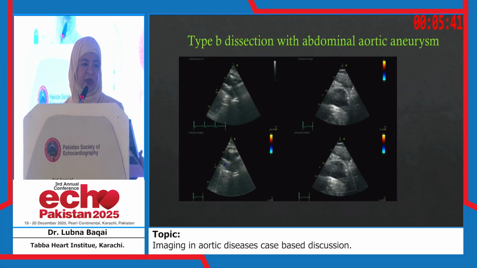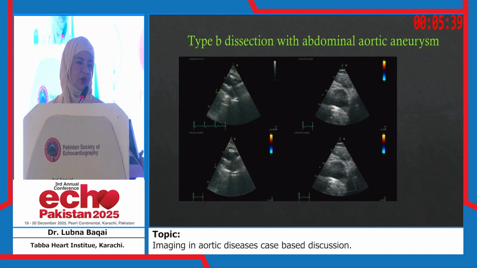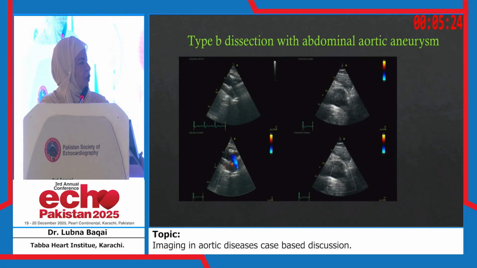Now another patient presented to us with chest pain, but there was no flap visualized in the ascending aorta. But you can clearly see that there is a flap-like membrane in the descending aorta. Which view is this? This is the subcostal view. As the liver is here, you can see clearly there is an aneurysmally dilated abdominal aorta with a very small true lumen. The remainder is a false lumen with the dissection.